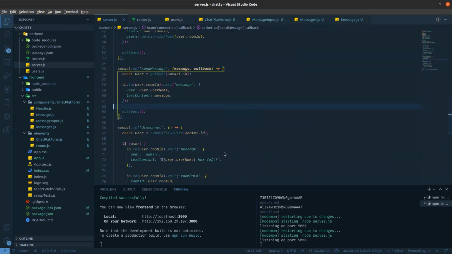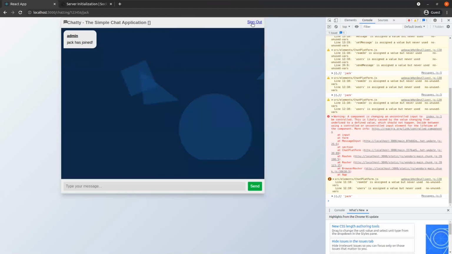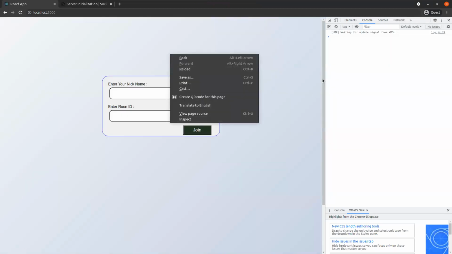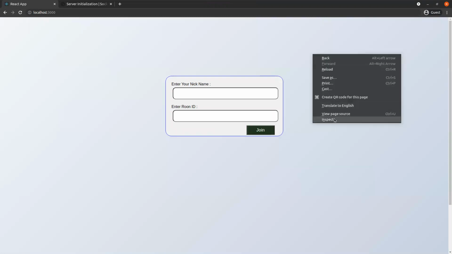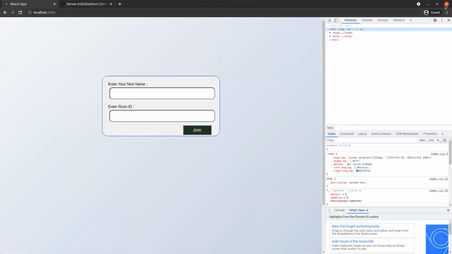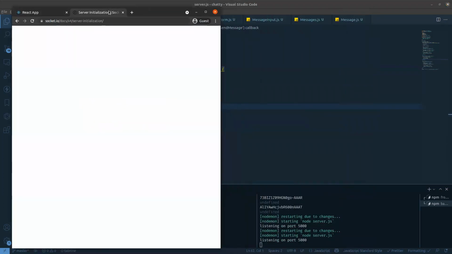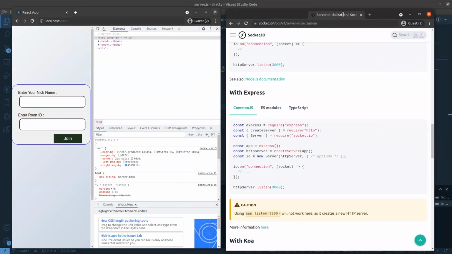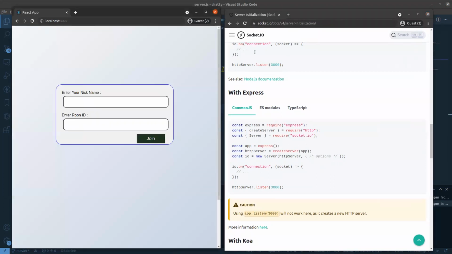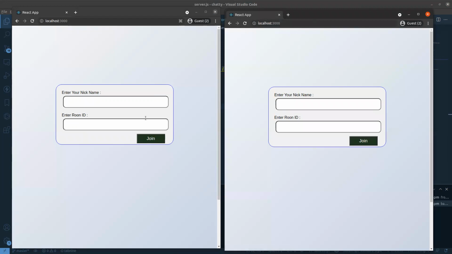Now let's try to connect. I think it will be running perfectly. So this is one, and this is another one. This is Jack. The room ID should be like test room join.